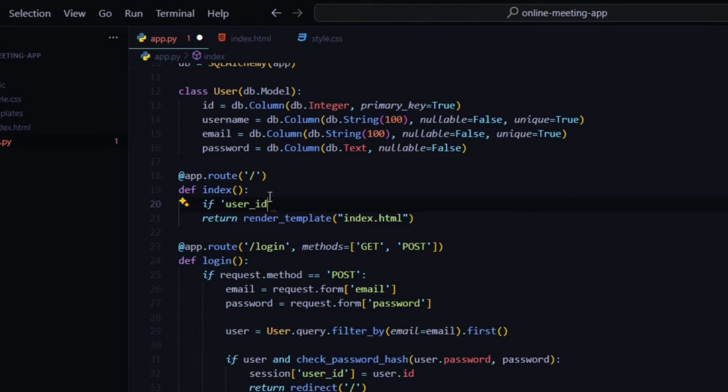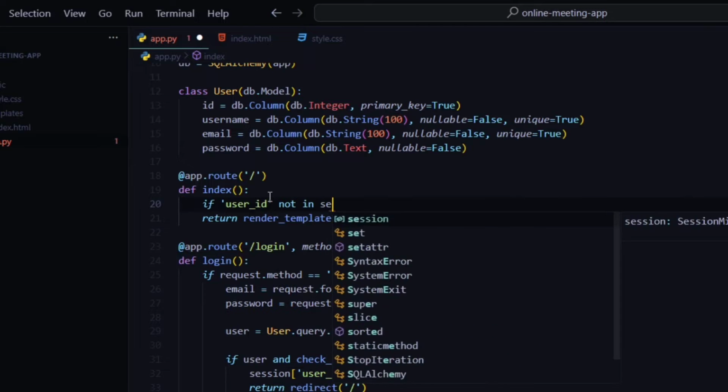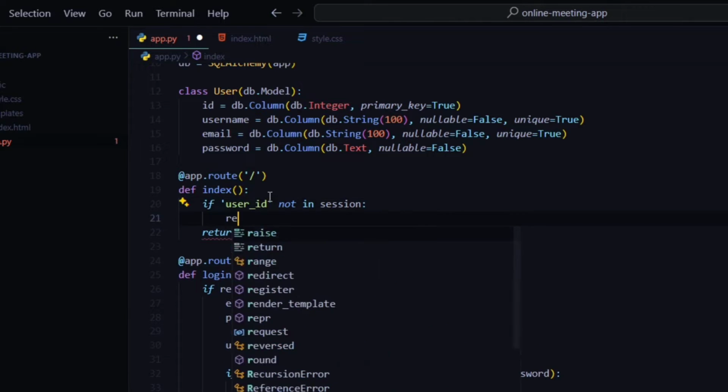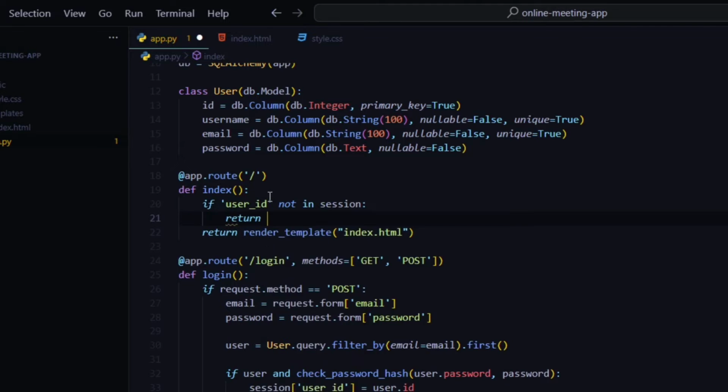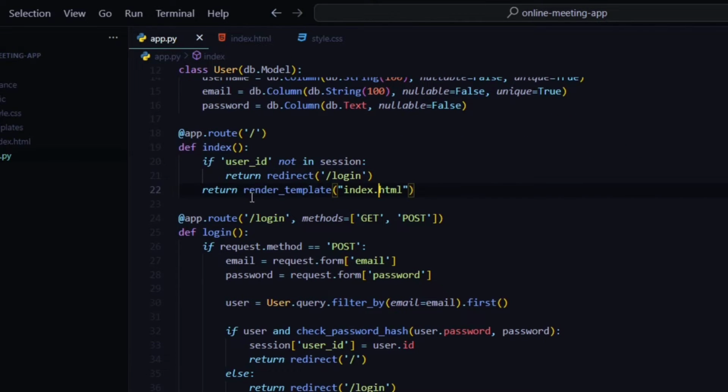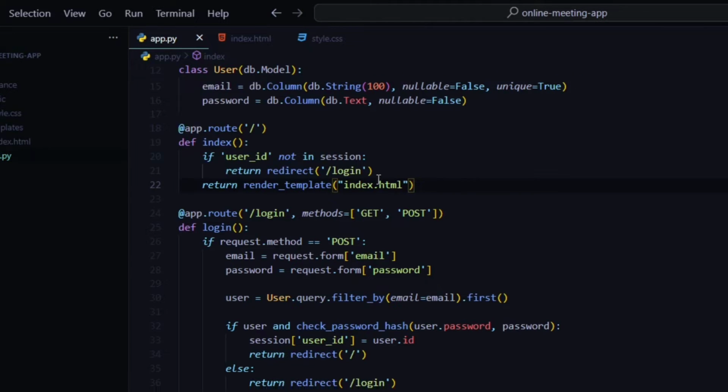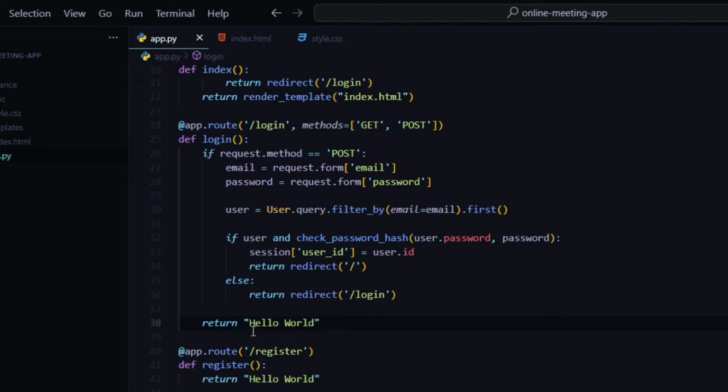user ID not in session, this will redirect the user to the login page. Alright, now what it does is we're checking if user ID does not exist in session. Now we're gonna write the whole code, you can see only by logging in can the user change his user ID in the session object. Alright, now here instead of returning this hello world, we have to return